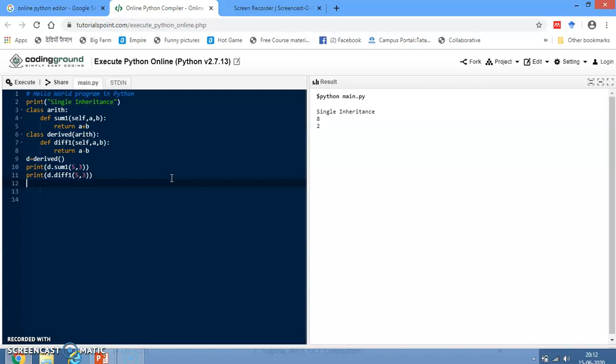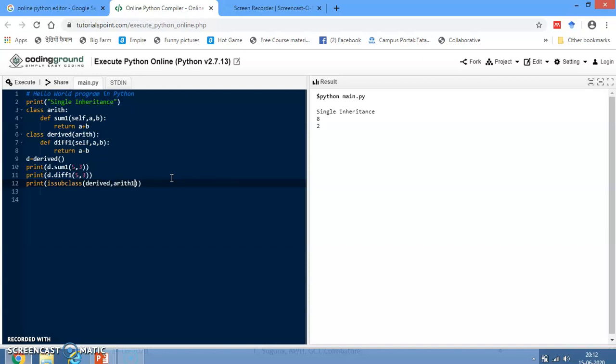In addition to this, we have some additional features to check whether a class is a subclass of another class, and whether an object is an instance of a class. For example, we use print issubclass, here derived is a subclass of arith1.